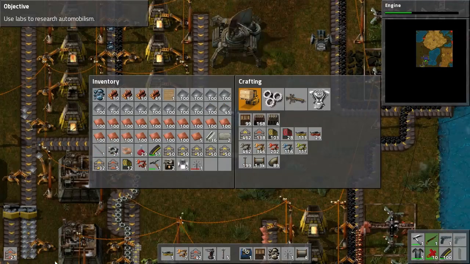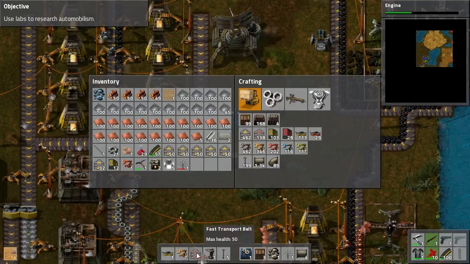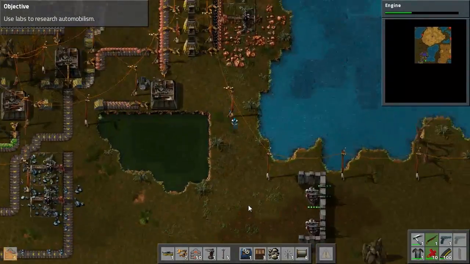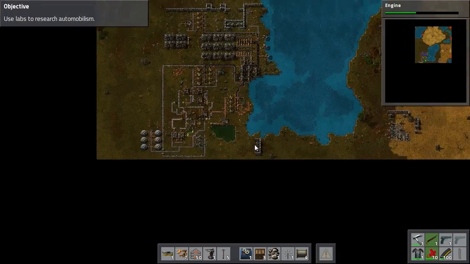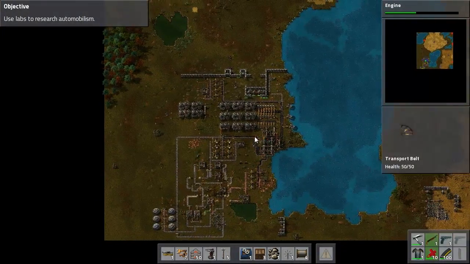Apparently I can't make that much. But I am making quite a bit, so I feel pretty good about that. It's not enough, to be honest, but we'll get there. Oh, 2 alerts. Apparently there's an alert button right here I didn't pay attention to. We should double check the ammunition that we have right now, to be honest, because...